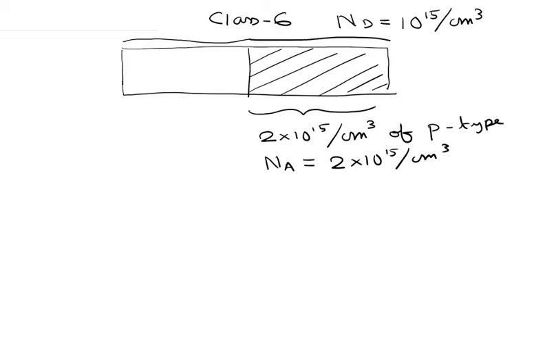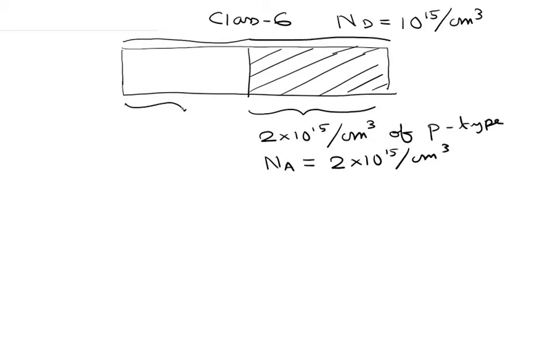So this region, which is striped in black color, then becomes p-type because it has 10 to the power 15 per centimeter cube of donor type impurities and 2 into 10 to the power 15 per centimeter cube of acceptor type impurities. So this region over here becomes p-type, and then this region we had doped